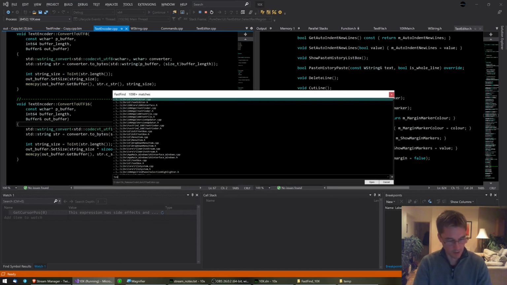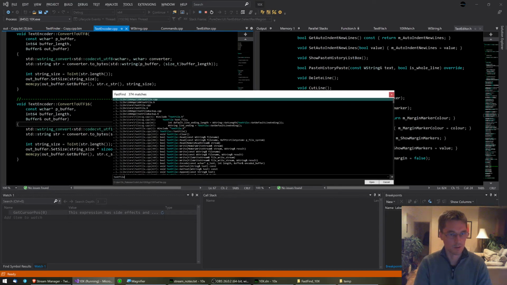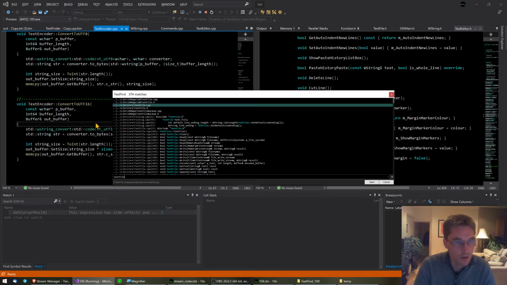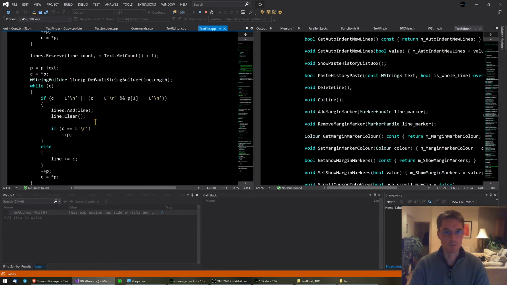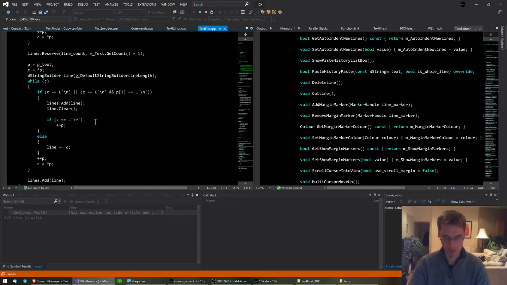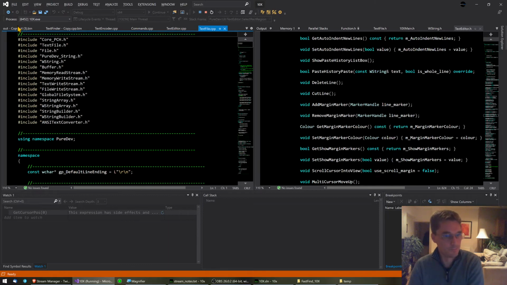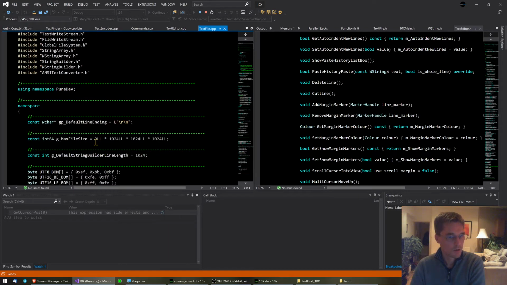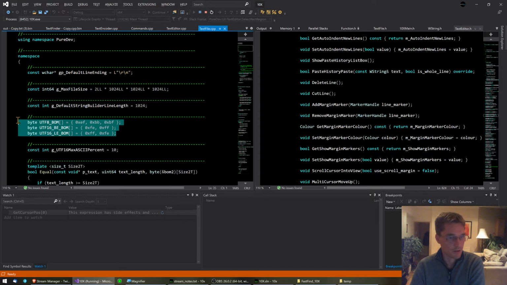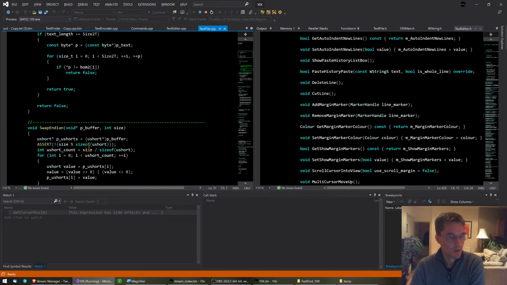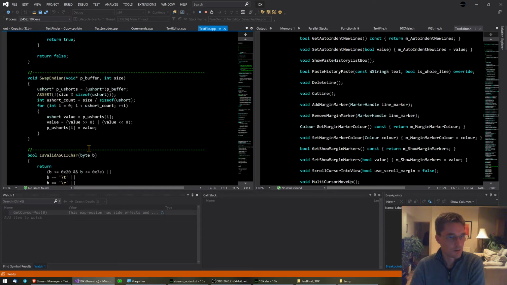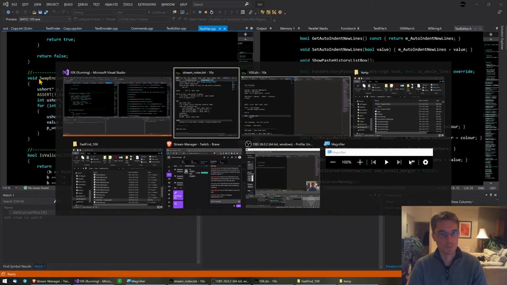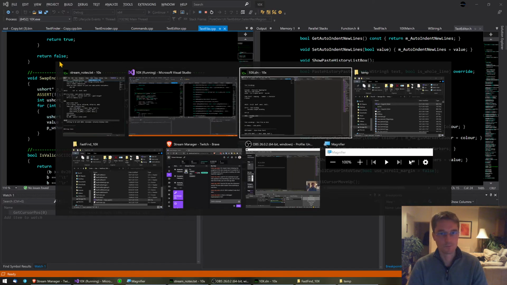I was going to show you the text file. No, that one. Should I make this a bit bigger? Can you see? Too big. So yeah, here are the BOM headers. And oh yeah, the swap endian of the thing. So I was just going to explain. It's pretty self-explanatory, but